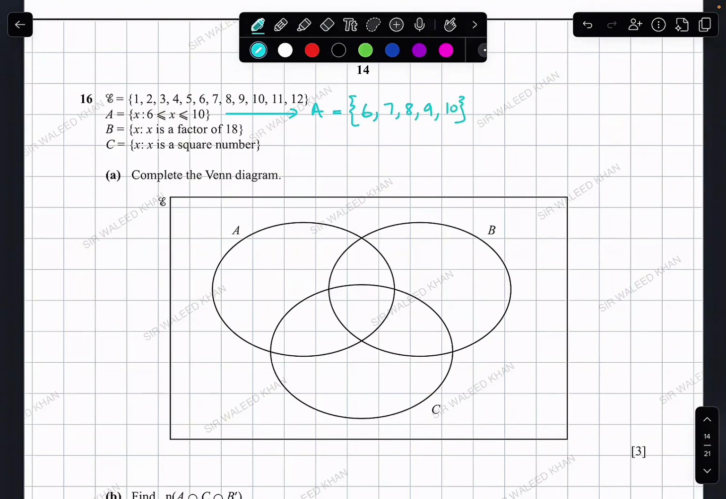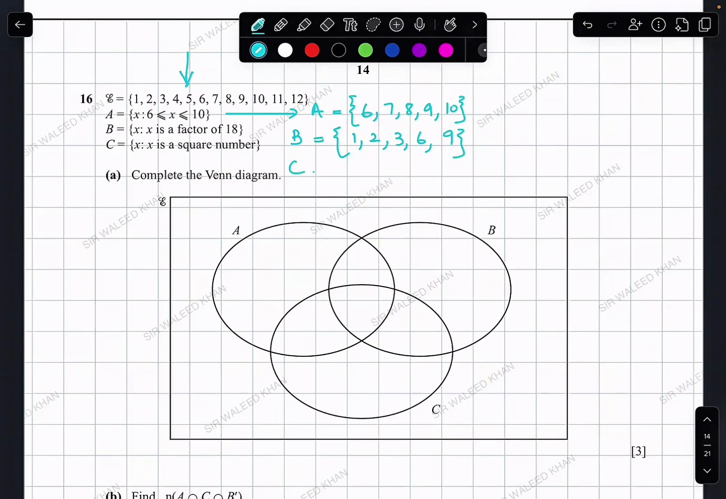So convert these symbols to numbers. Now B, again, convert it into numbers. X is such that X is a factor of 18. So I'm going to use this universal set. I'm not going to go beyond this universal set. And I have to look for the factors of 18 in this universal set. Those numbers which can completely divide 18. 1 can divide it, 2 can, 3 can, 6 can, and 9 can. Right? There are other factors, but I won't go beyond this